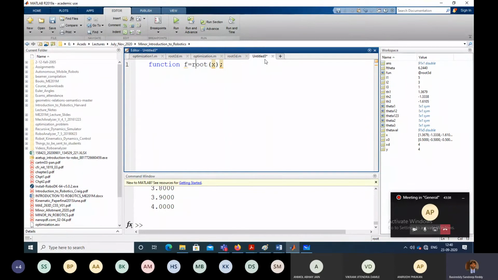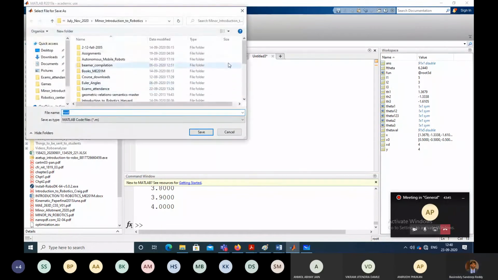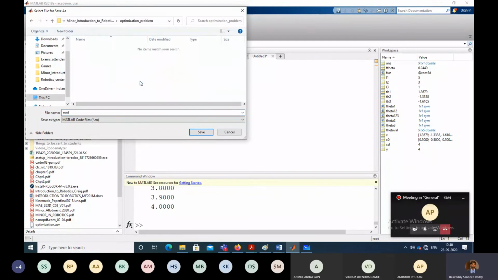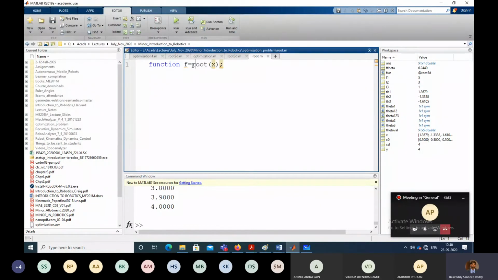So to do this, first you have to save this, right? So just go to save as, and just go to that folder, optimization problem, and save it as root. Whatever name you are giving here should be the same name as your file.